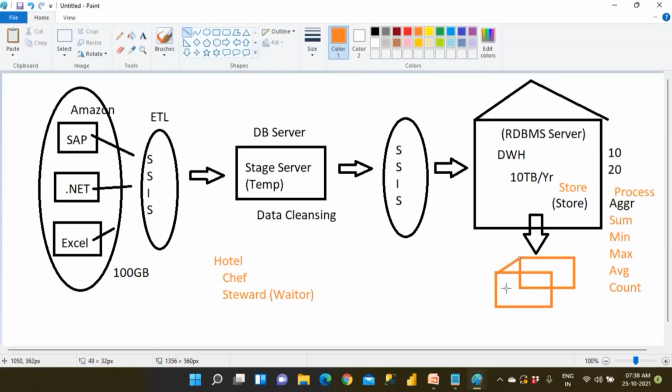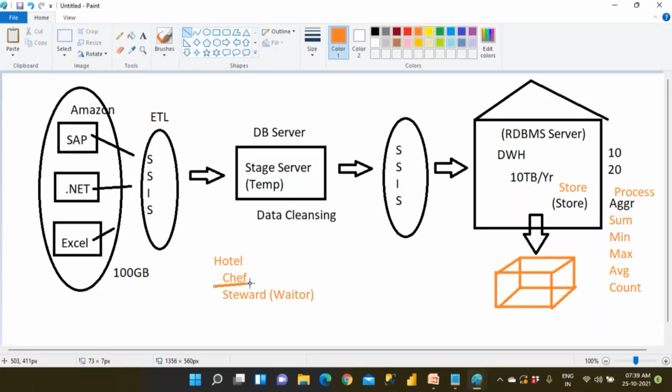So one guy is storing the data. Whoever is storing the data can also process the data. But the problem is that if I do two operations, then the load on the data warehouse will be more. Clear? So if your chef is preparing the food and also coming out and serving in the restaurant, he will go mad, because he has so much work to do in the kitchen, and he's busy making the food.